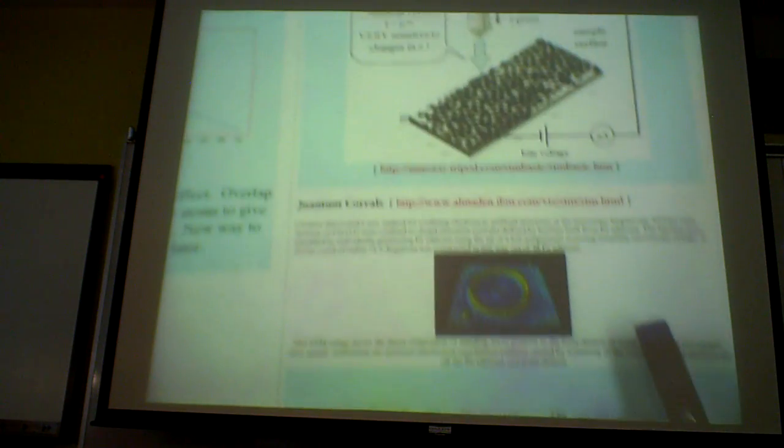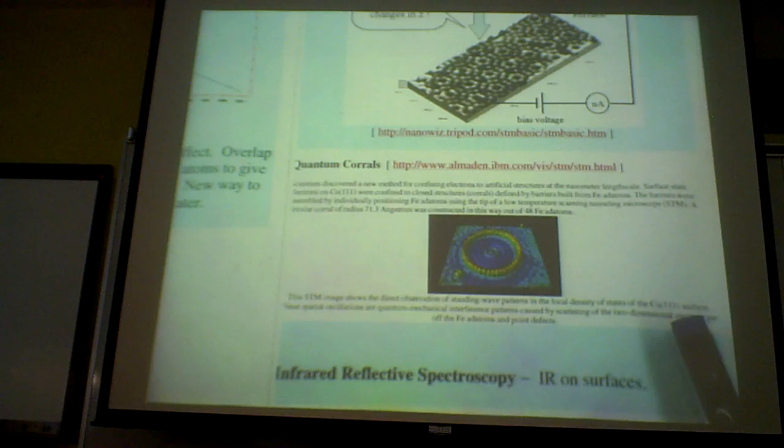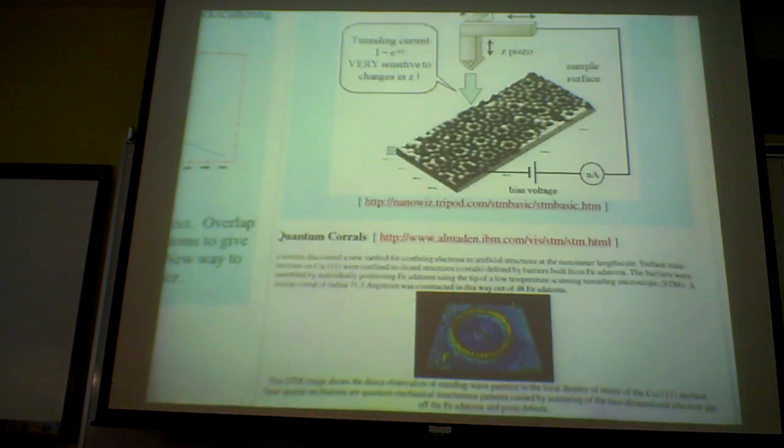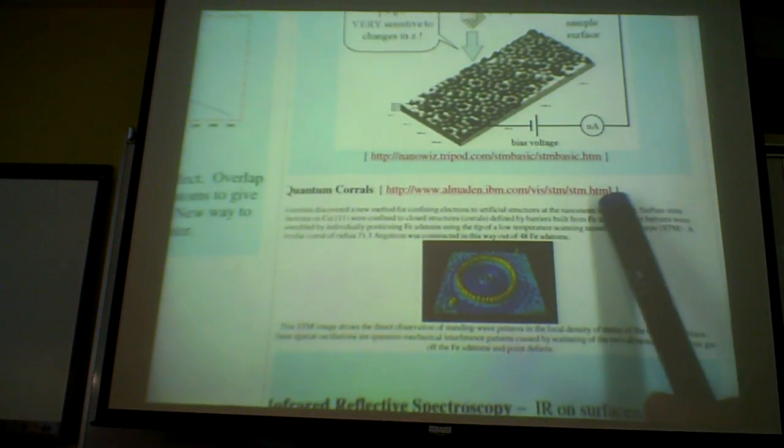And IBM, of course, is a big contributor to this. The IBM Zurich group invented the STM technique in 1986, and the 1986 Nobel Prize went to two researchers at IBM. Subsequently, people have done a lot of fancy things with this technique, and almost every lab around the world now would have an STM somewhere on campus, and IBM has a group in